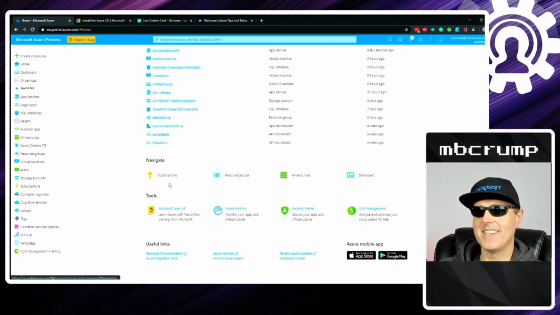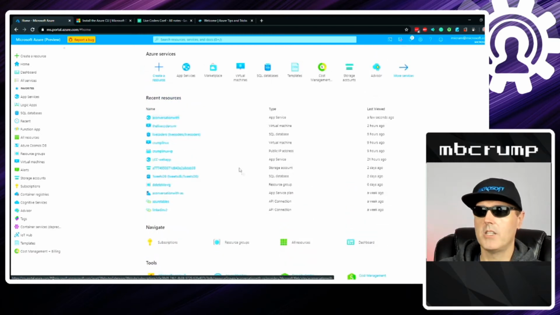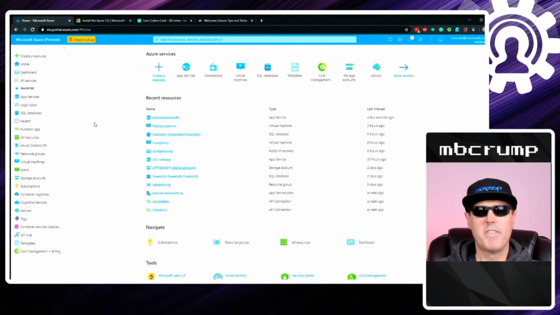Down into here, you can see a couple of other things, like if you want to get into your subscriptions, some of the different types of tools, and there is an Azure mobile application. Okay, so I feel that we probably have a little bit of insight, a little bit of knowledge around the current portal experience. Now, I wanted to take a little bit of a deeper look at the actual